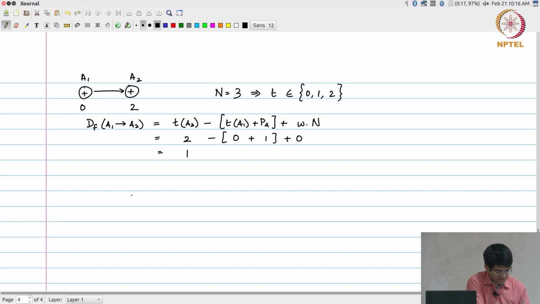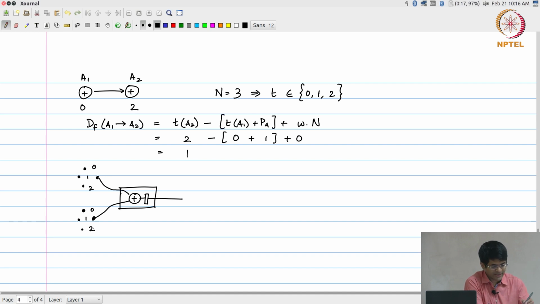And if I want to draw the equivalent hardware architecture, it essentially says it will look like this adder, right. So now there are 3 choices out here. I now need to decide what happens at each time. t of a1 is 0, so a of n and b of n need to be made available as inputs to the adder at time 0. There is no operation at time 1, therefore there are no inputs to be given to the adder at that time. And at time 2, what I have is c of n to be provided here, and this output of the adder to be provided, but now because df was equal to 1,